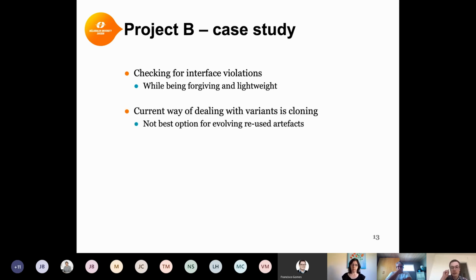So in the studied setting, in contrast to sub-project 1, here already some consistency checks are in place, and they do rely on some naming equivalence between interfaces and model elements. They are limited to checking only this interface compliance that I talked about, and currently they are not variant aware. Currently, creating variants is done by copying the entire project, and that of course can make the maintenance quite a bit more difficult than it could be otherwise.